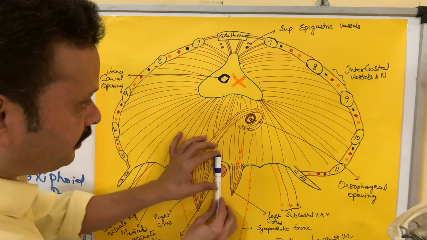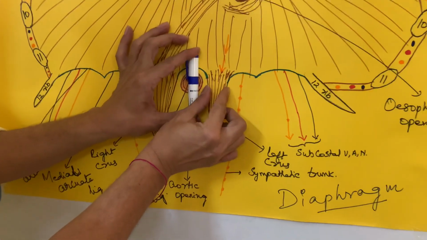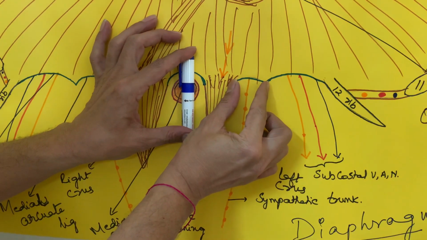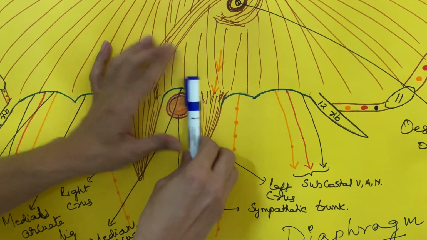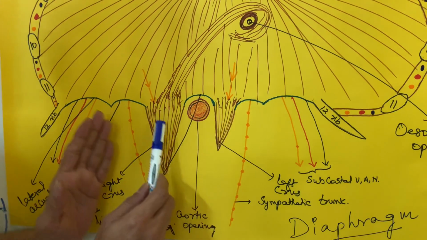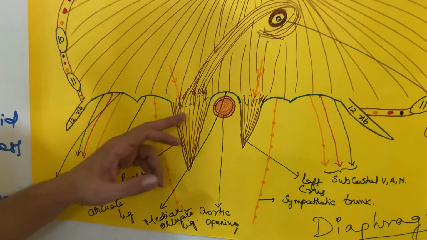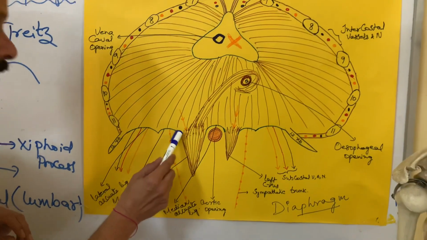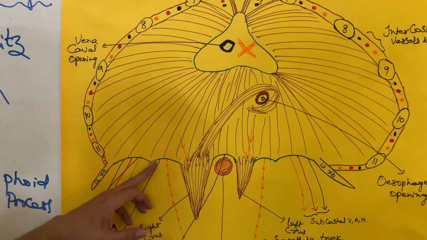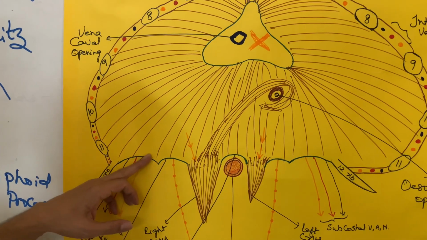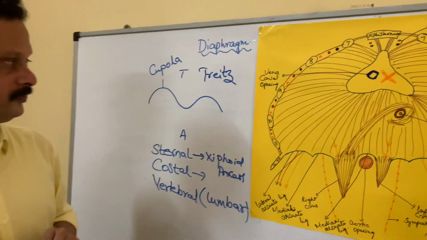And lumbar origin, if you see this as the midline, on each side the lumbar origin arises from 3 sources: from the corresponding crura, from the corresponding medial arcuate ligament, and from the corresponding lateral arcuate ligament on either side. The right crus is larger and the left crus is smaller, because it has to displace a heavy organ like the liver during inspiration. The medial arcuate ligament or medial lumbocostal arch, and the lateral arcuate ligament or lateral lumbocostal arch. This is all about the origin of the diaphragm.